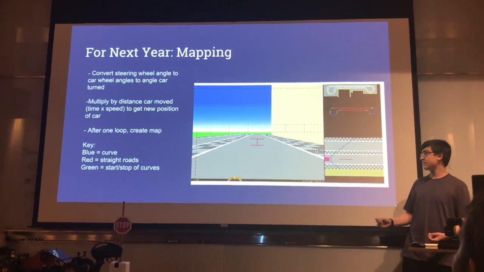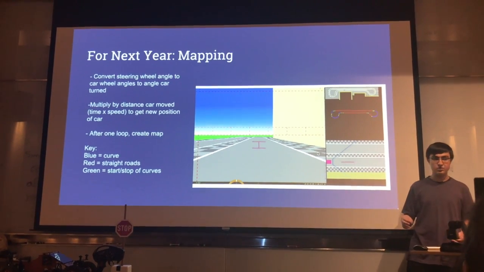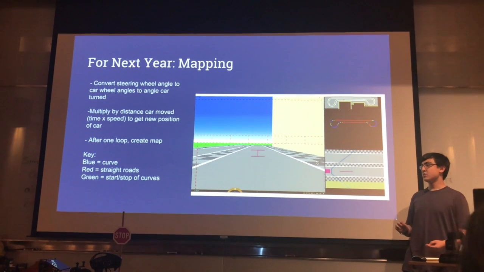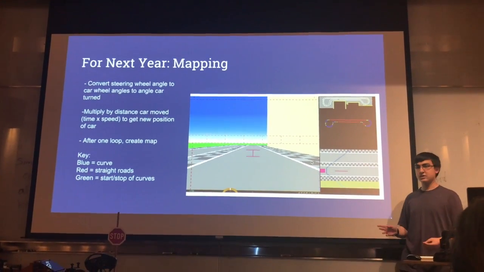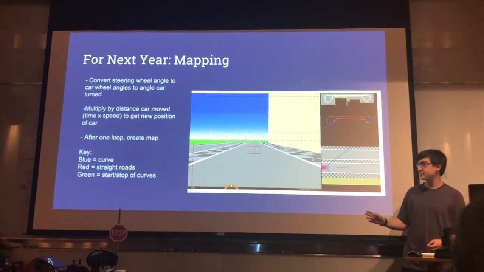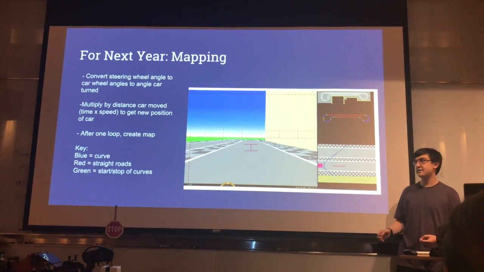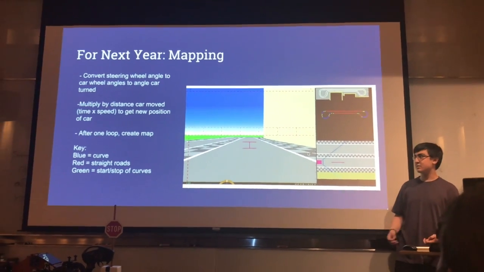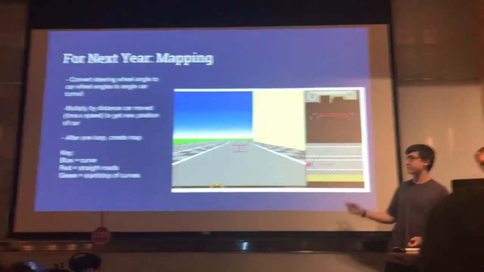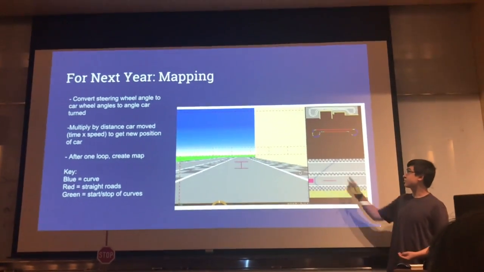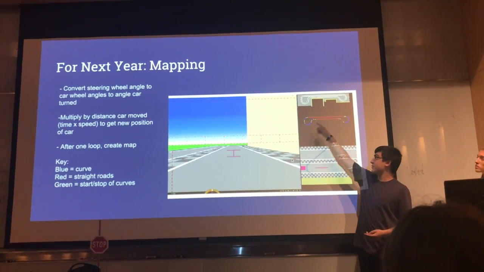So it records the heading by knowing how we're turning and doing the math to determine what x and y offsets and what angle changes it makes by having a certain turning radius. And then from there, knowing our current heading and our speed, you would iterate how much distance we had traveled over each frame. And using all of this data stored in an array, we recreated the track in a map,